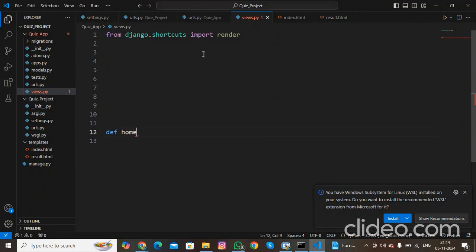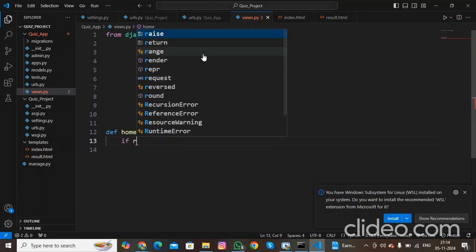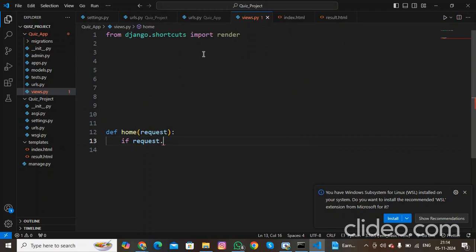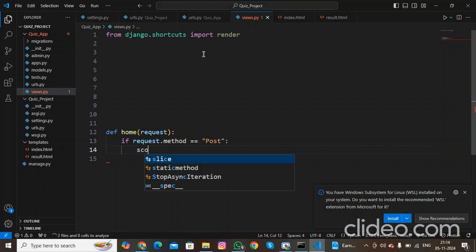Div home. Inside these, I will pass the request, whatever request the user will give. And inside these, I will write the request state, method equals to post. Okay, then I will give some variables to it. So whatever variables the user wants to give. So I'm giving one score variable and giving value to it 0,